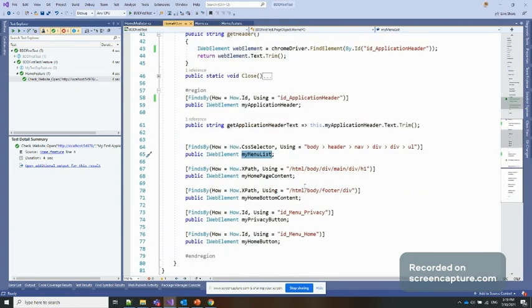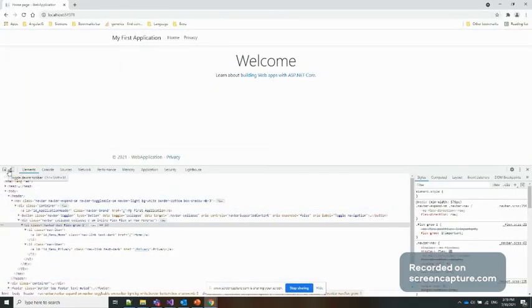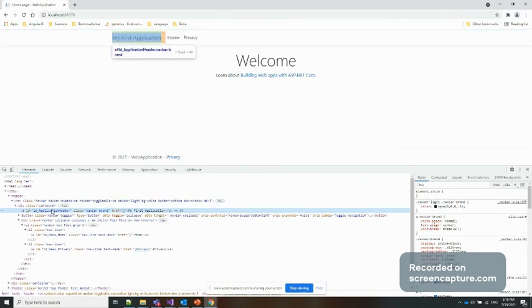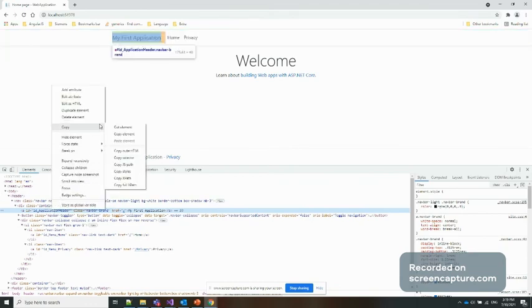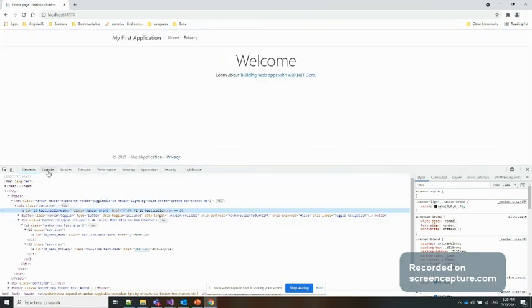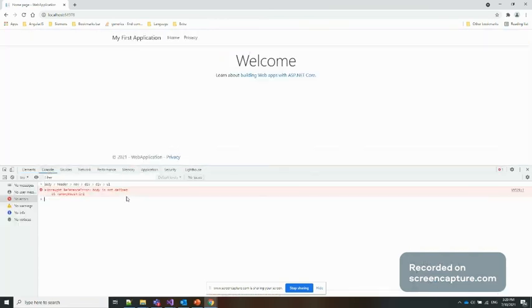To check the content, we are using the XPath. So you can see we have a third way of identifying the element. How do we identify the XPath? First you need to inspect this one. So you are here now. Just right click, go to copy and copy XPath. And you can try to paste it here.